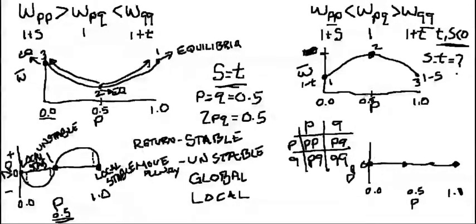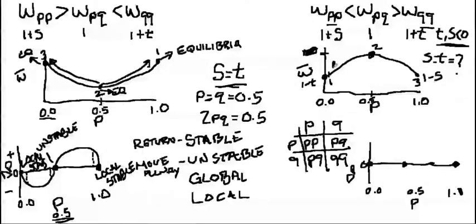Well, as I pointed out, our patterns are the opposite in what the average fitness looks like. So we can bet our patterns are going to look the opposite here as well. Let's take a look at why that's going to be the case. If I am just a tiny little bit away from fixing the Q allele, because remember p equals 0.0 here, if I'm just a tiny bit away from that point, selection is going to take off, and it has to